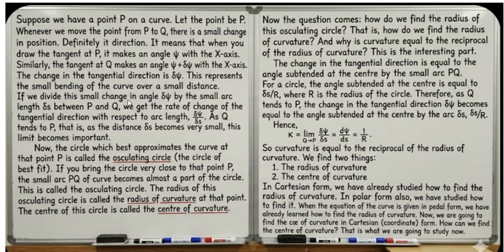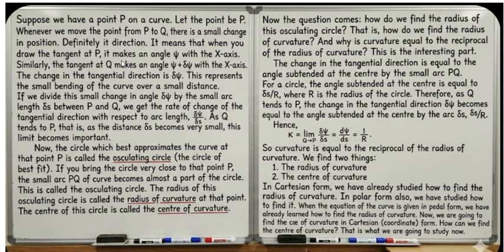If you divide that small change in tangent direction, delta psi, by the small arc length ds between P and Q, we get the rate of change of psi with respect to arc length, as Q tends to P. This is what gives curvature at that point, meaning the amount of bending at that particular point. And very interestingly, I can say that this is equal to the